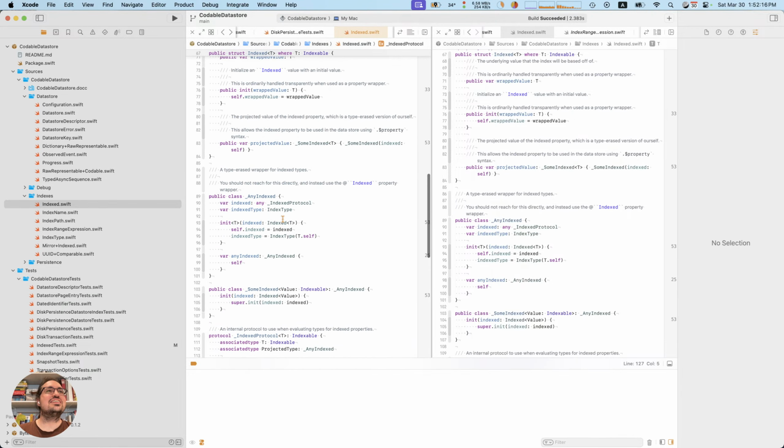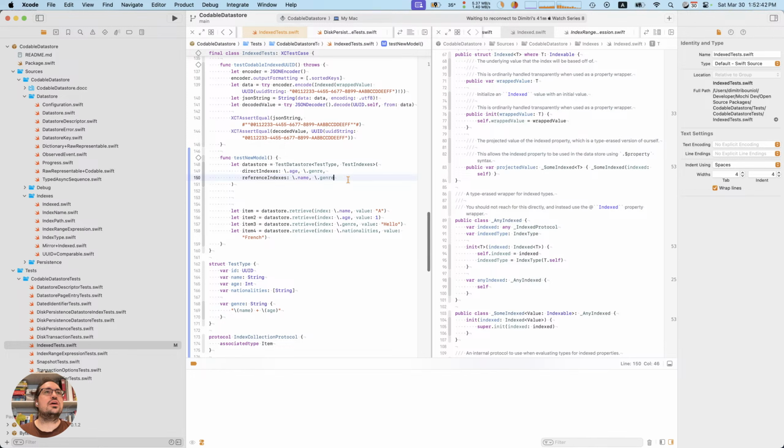So this thing, this is our property wrapper, which we won't need anymore. We won't need the property wrapper anymore because we can use this new method of doing it, which involves just specifying the types of indices we want here and then directly using them here. It'd be really nice if you can just use them, I guess.